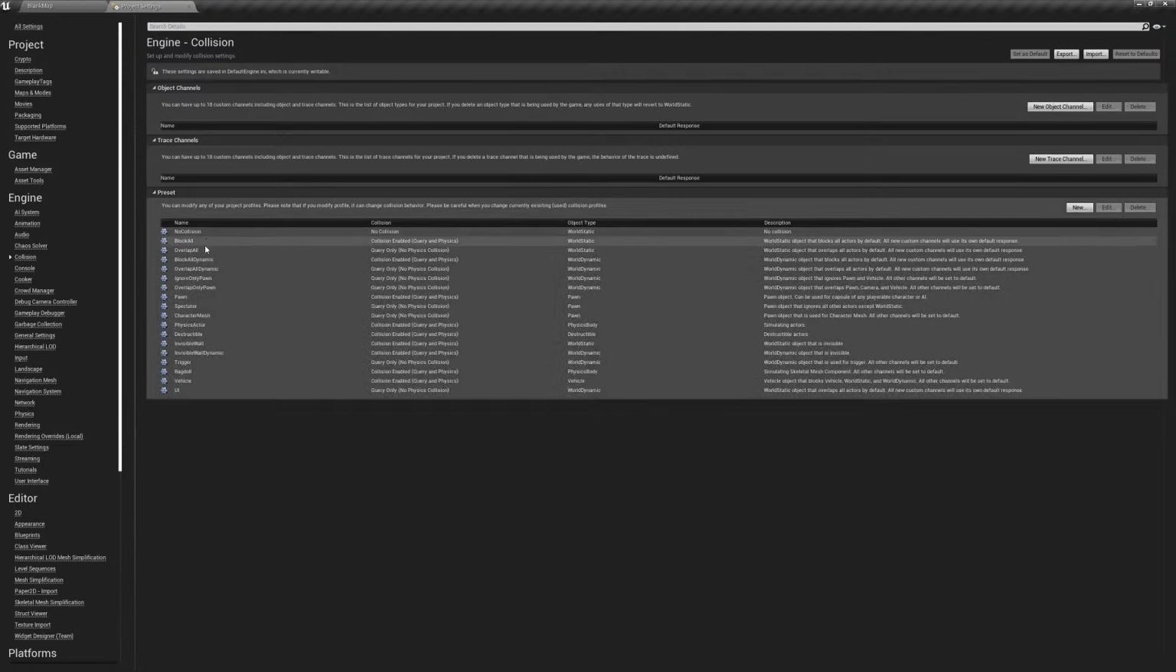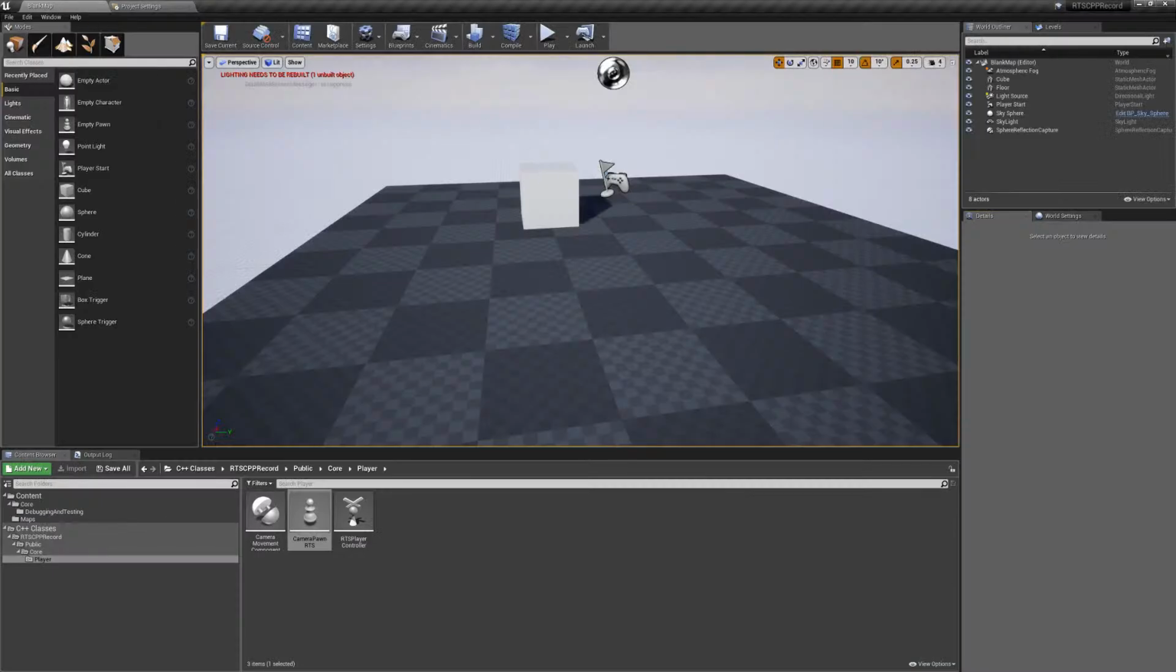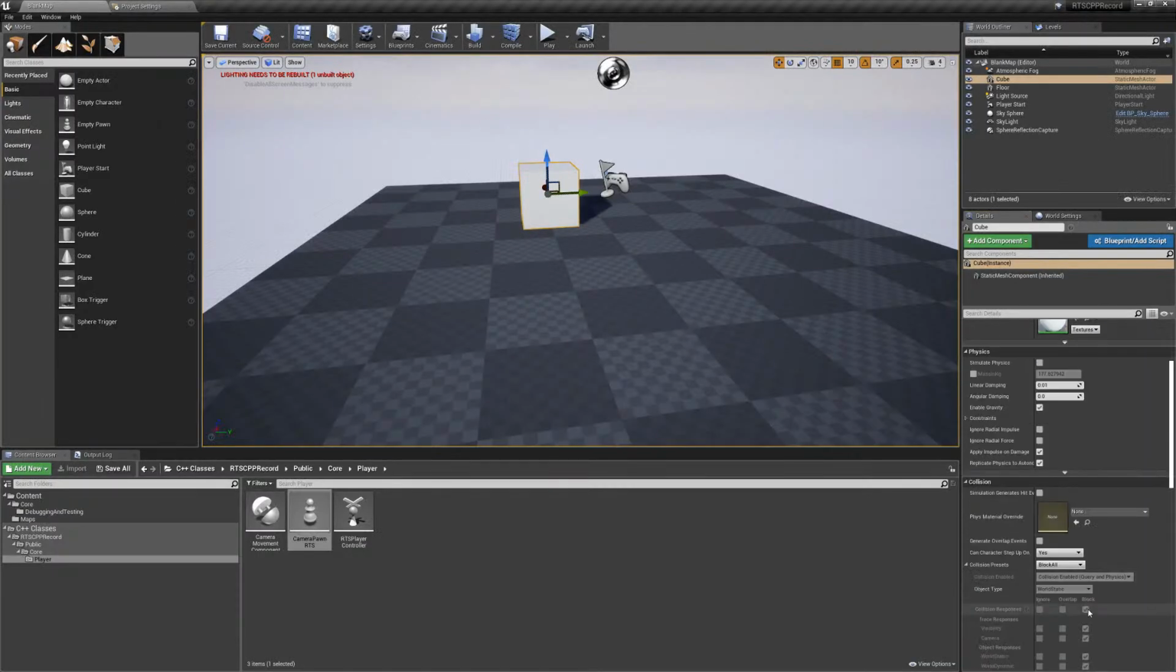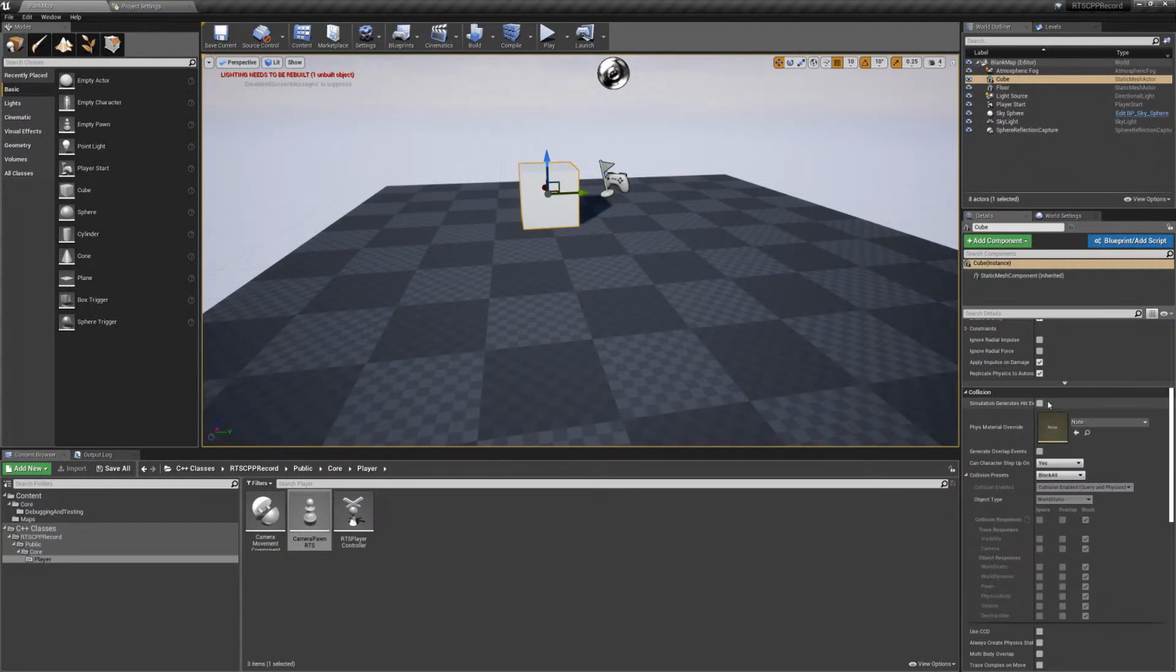And we have no collision, block all, overlap, all this stuff. This should all look familiar. If you actually go back here, let's grab this cube. Well, if we scroll down to our collision profile,